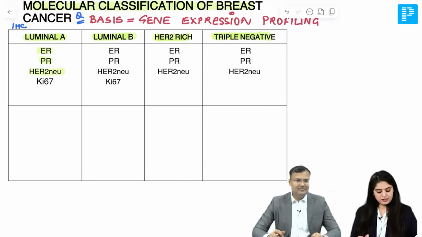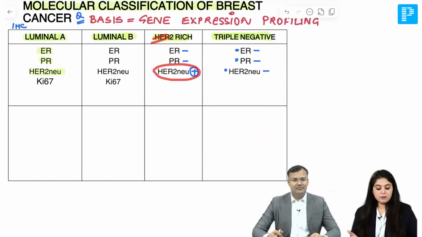So now let's understand. I'm measuring three things, right? ER, PR, and HER2/neu. If all three come out to be negative, that is known as triple negative breast cancer. If only HER2 comes out to be positive with all the others negative, common sense tells me that's going to be a HER2 rich breast cancer. But what if ER and